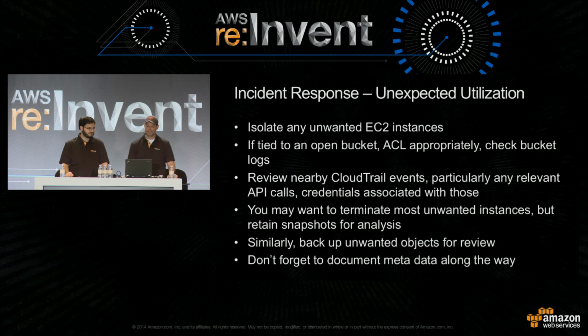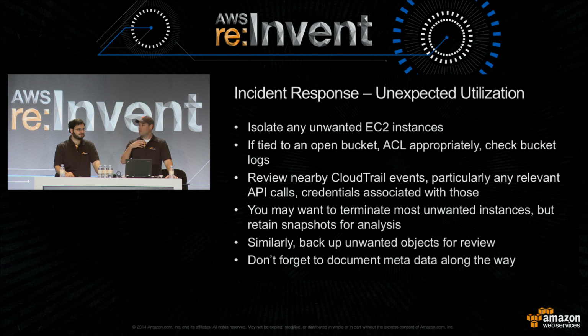Faster and cheaper. So let's talk about finding out that there are more instances running in a region than you expected there to be. Maybe you're using the handy-dandy script that we had in the last talk that would tell you whenever you had greater than 0 charges in any of the regions other than US regions, et cetera. You've got that alert, and you go and you find out that you have a bunch of EC2 instances. Again, you want to isolate any unwanted EC2 instances, get those to an isolated security group.